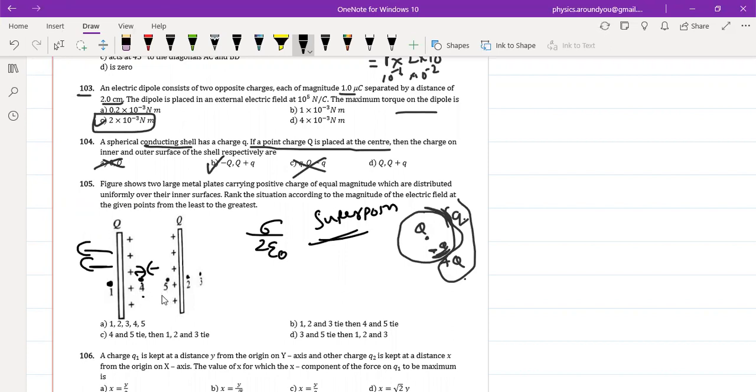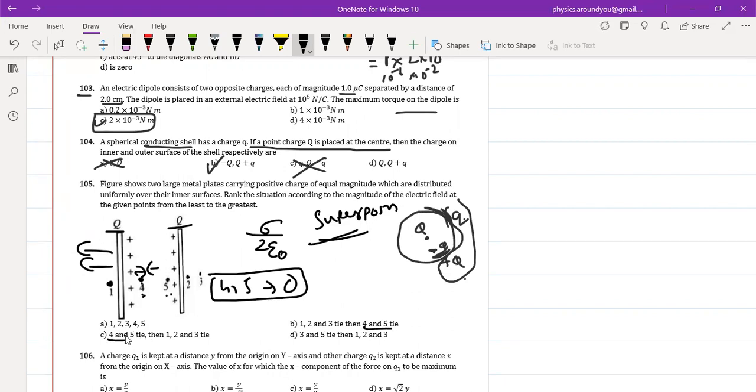So for both points, 4 comma 5, I can say that the total field is 0. The reason is the field is independent of distance and the fields are always directed opposite between the plates. Both have the same charge on them. So 4 and 5 should be a tie. Which of the options says 4 and 5 a tie? This says,